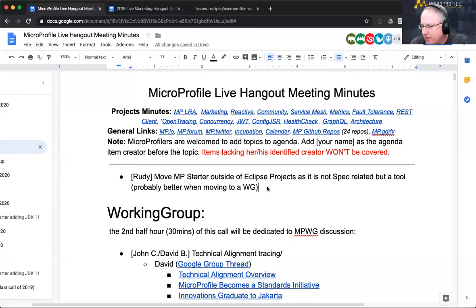Just a bit of a reminder on that one. A lot of the reason why we wanted to move that out of the official Eclipse MicroProfile repo isn't because it's not valuable work. It absolutely is. It's just that we don't want people to think that we have standard tools, and then they say, I'd rather contribute in some other way. It's so we get more people creating tools. We don't want them to think there's an official set of tools and then negatively impact innovation around MicroProfile tooling. That was the background behind why we did that.